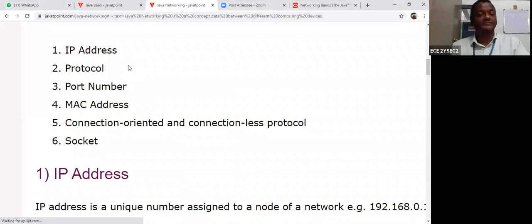This is the IP address. There is another name for the IP address, that is called a logical address or global address. Suppose you are using the mobile, accessing some information either from YouTube or WhatsApp or Gmail or Yahoo Mail. That means your device is connected to the network. So your device has one global address.